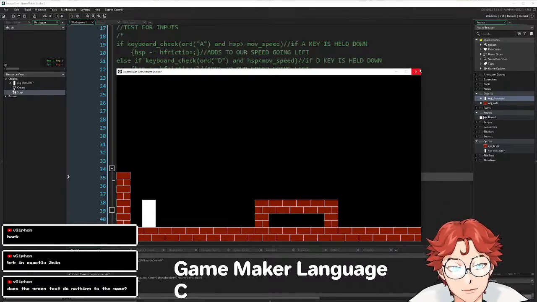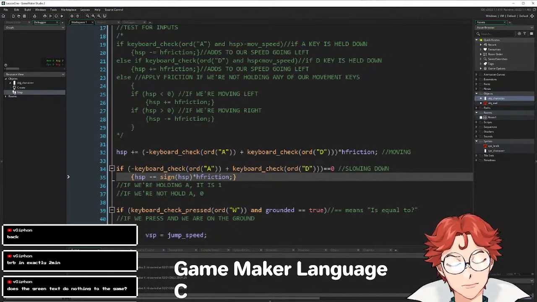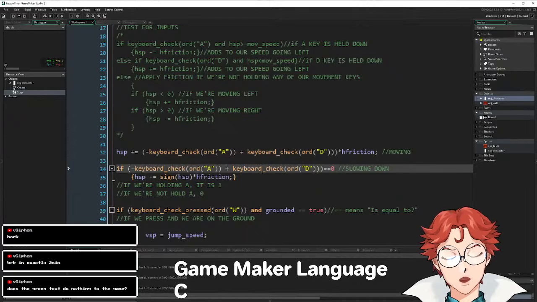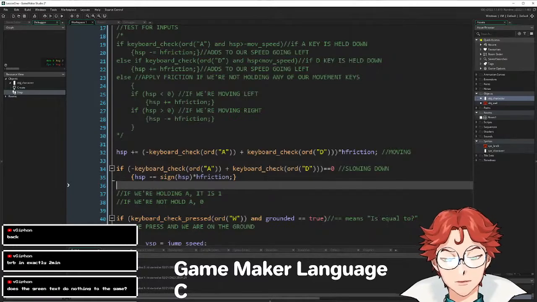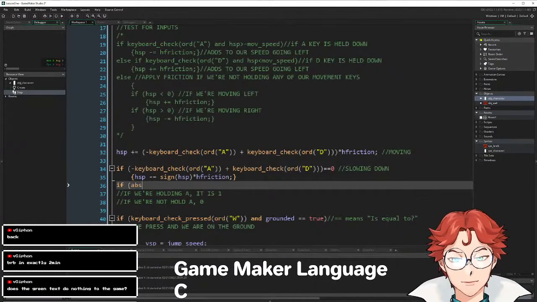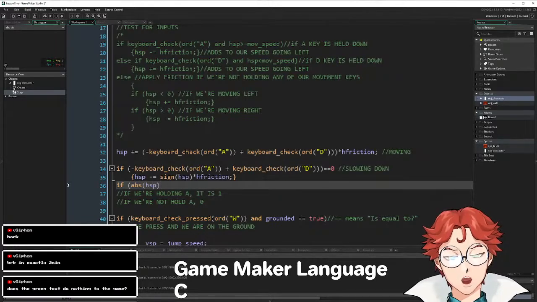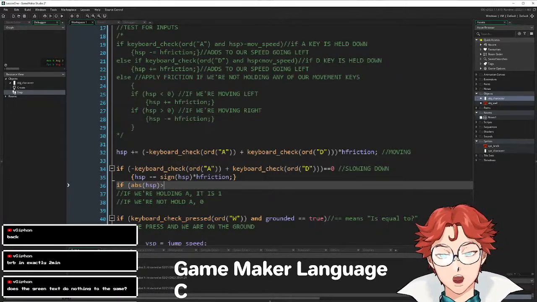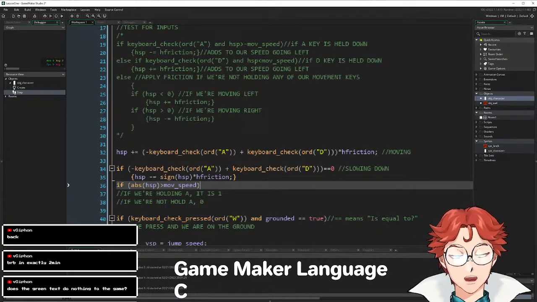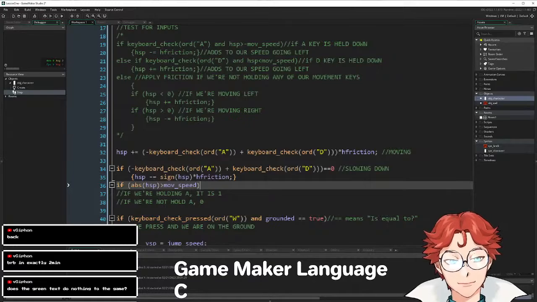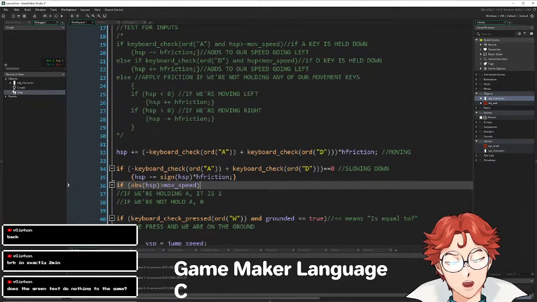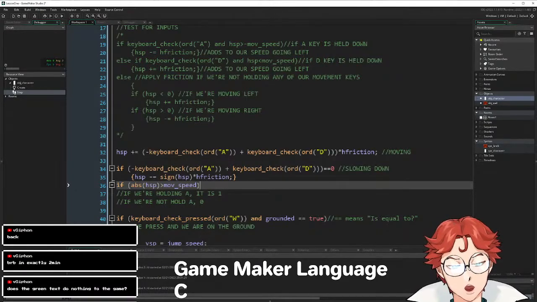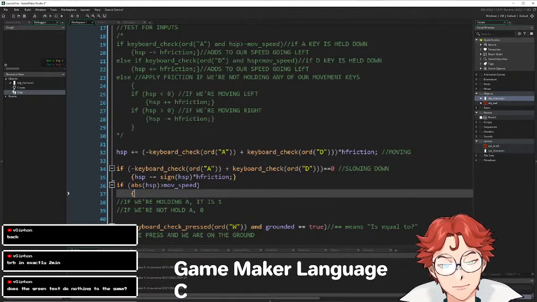Now we'll need to implement back in our speed, our maximum speed. And then we'll do if, and this is where we actually use ABS again, if the absolute value of our horizontal speed is greater than our move speed, this accounts for both moving left or moving right, because the absolute value here, if we're moving left, it will change this check to be positive. So essentially this means if we're moving faster than our allocated maximum speed,